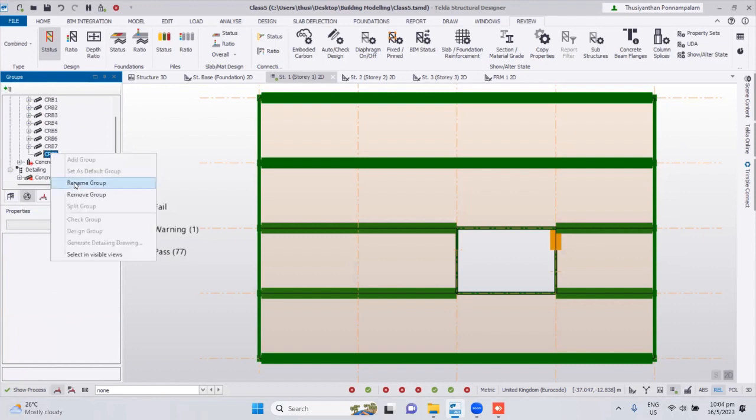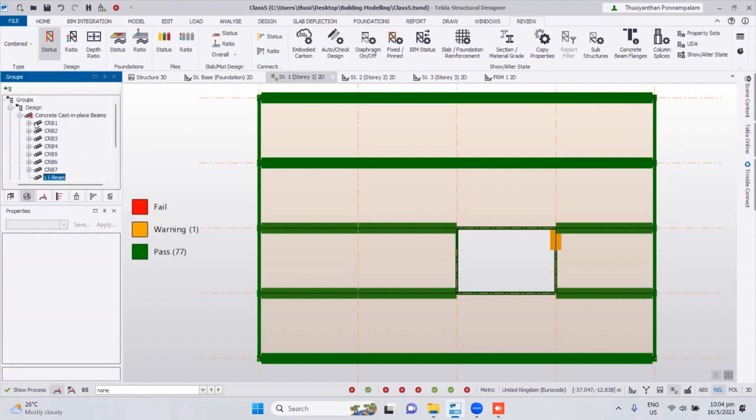So the group, I rename it L1 beam, or you can call it first story beam or L1 beam, whatever. Okay. So inside,